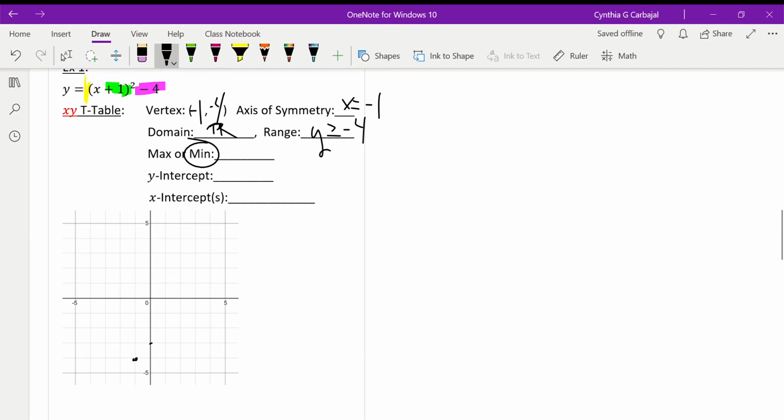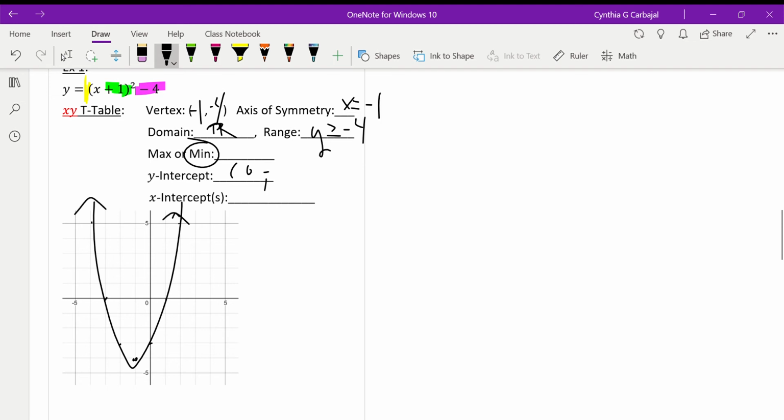1 squared would be 1, 1. 2 would be 2, 4. And then 3 would be 9. So from 4 we go up 5. So around here, something like this. And I'm just going by the equation, moving it up, down, left, or right. So then my y-intercept looks like it's at